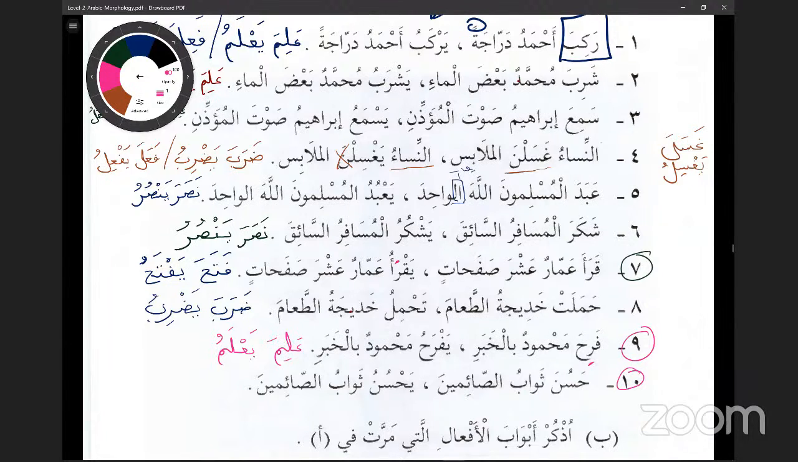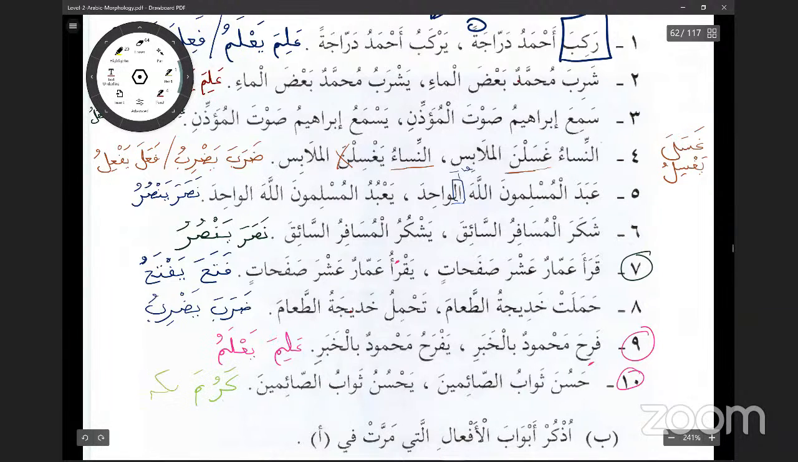Hasuna, the reward of the fasters, or the reward for the fasting people was made nice. Yeah, it was good. And the present tense is the reward for the fasting people is nice, is good. And it's from the bab of karuma yakrumu wa fa'ula yaf'ulu. Karuma